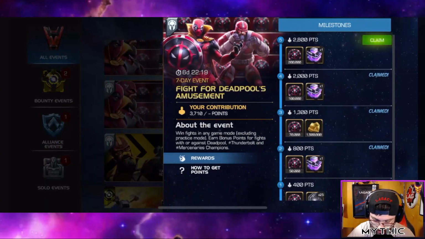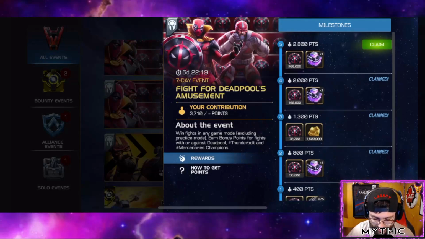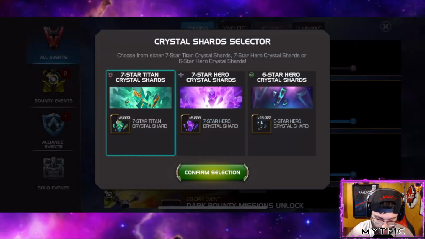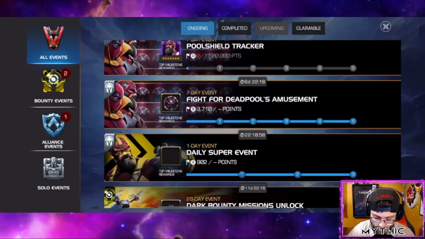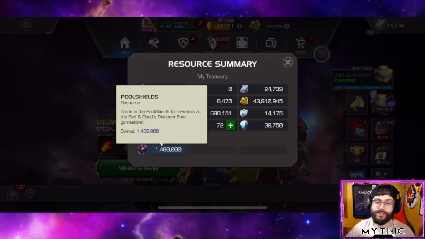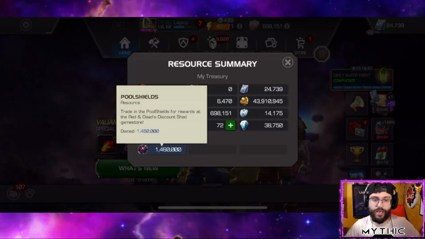And I still have yet to claim this deal here. I was going to say, wait, I should have more pool shields than this. And this is why right here, I was just waiting to claim that final milestone. Once again, highlight the 5K free Titan shards. Really, really like that. And so now I'm sitting at, this is what you should be at if you're just completely free to play and attempting to get the max amount of pool shields. You should be at